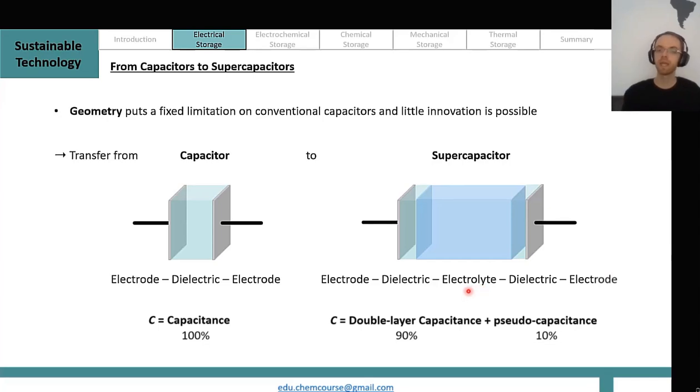Electrolyte can be any kind of solution, for example, which has ions dissolved in it. So let's say you put some table salt in water. This is, in chemical terms, considered an electrolyte. For these supercapacitors, we have something called the double layer capacitance, which makes up around 90% of the overall capacitance. And we have something called pseudocapacitance, which makes up another 10% of the overall capacitance. These supercapacitors now can achieve significantly higher overall capacitance values than conventional capacitors. Well, for this